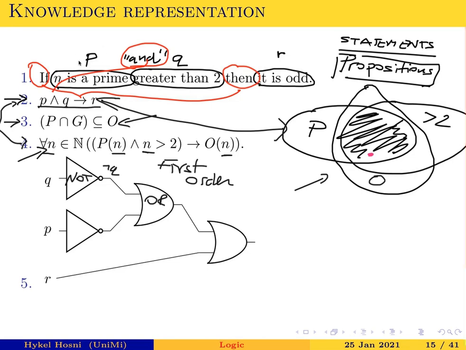P means still this, right? So you start again with P, you get NOT here, which means not P. And now you have not P and not Q being the input of the OR gate, okay? So this gets not P or not Q, okay? And this is now the input of another OR gate, which connects this and that. So this is not P or not Q or R,